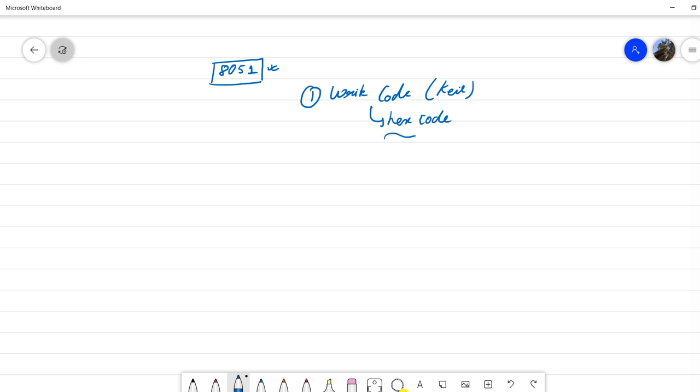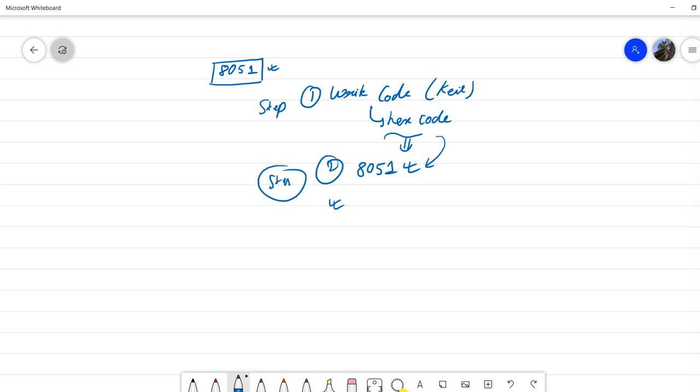After that the hex code will be loaded into the microcontroller 8051, and then we can see our result. So this is step 1 and this is step 2.